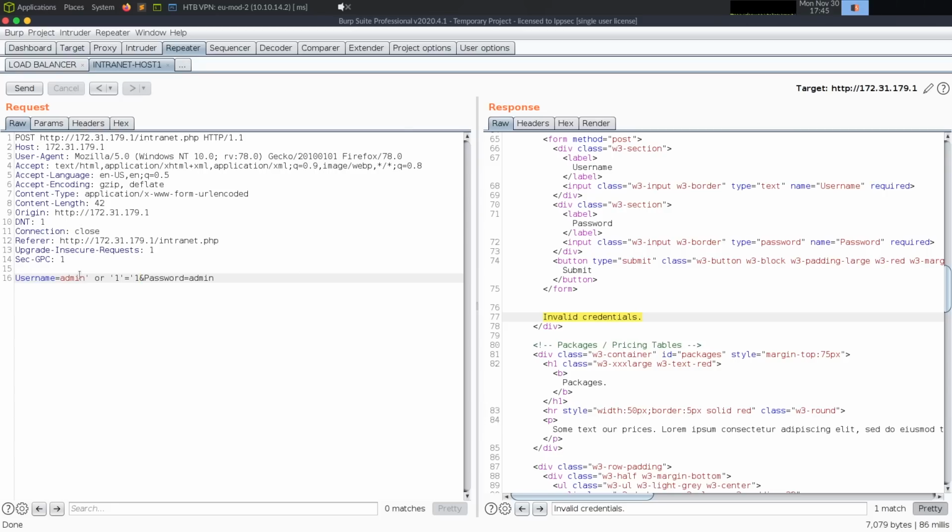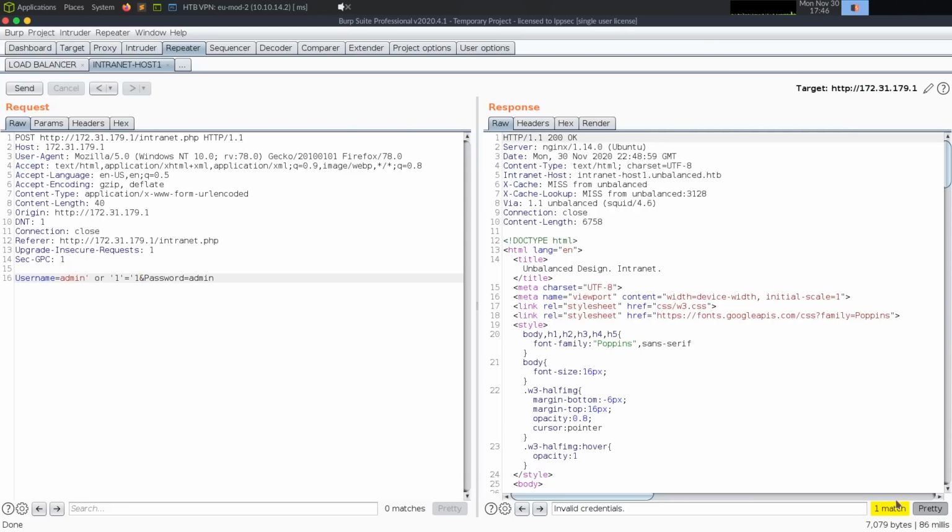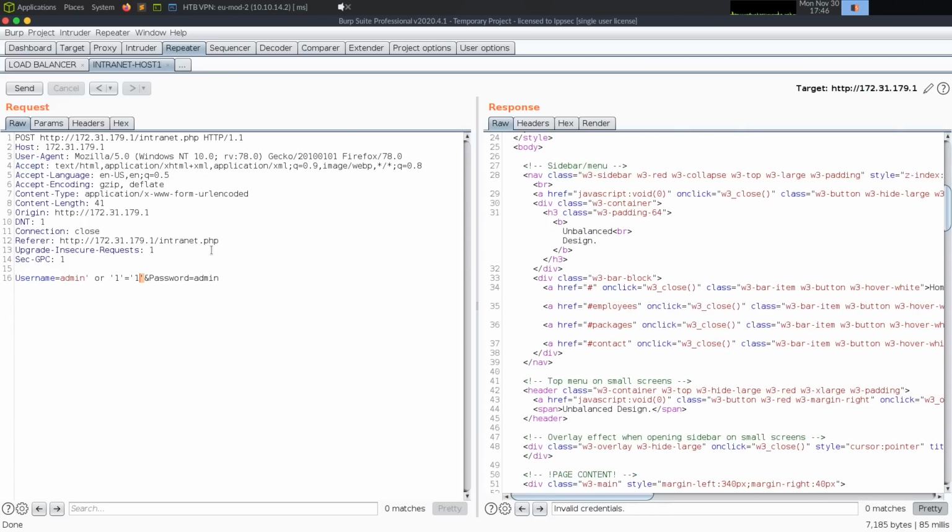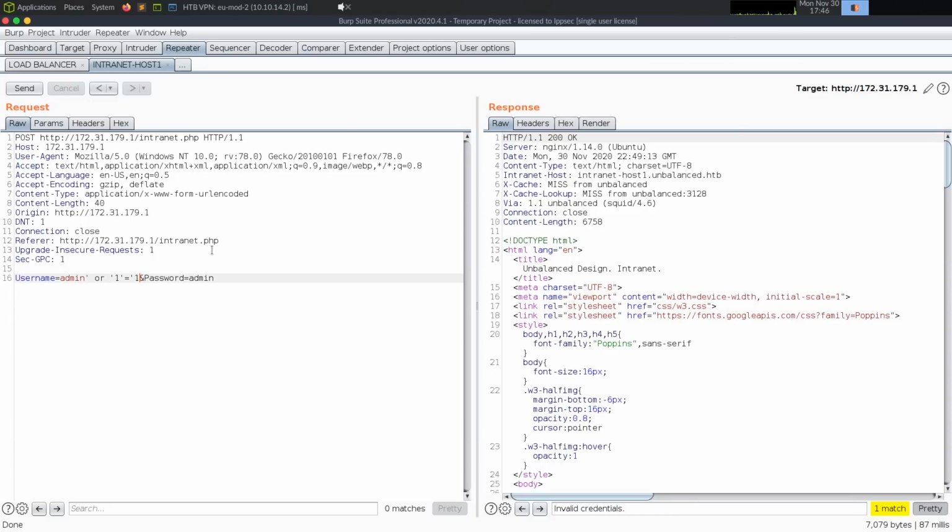When there's no invalid credentials, something crashed. So doing this, we get invalid credentials because we assume it's adding a single quote. Because if we make a balanced number of single quotes, we don't get this invalid credential thing. But if there's an unbalanced one, we get one match. So maybe that's why the name of the box is called Unbalanced. I'm not sure, but